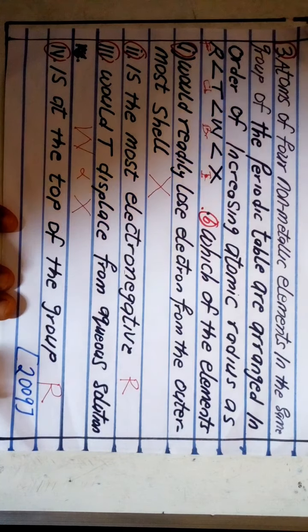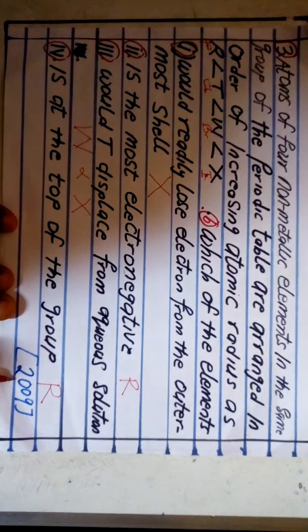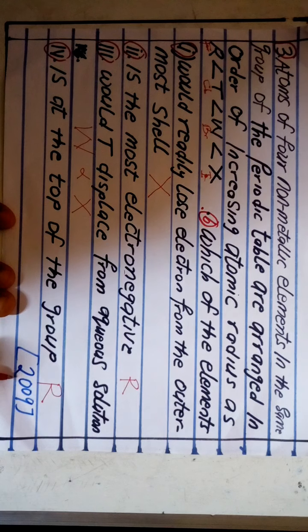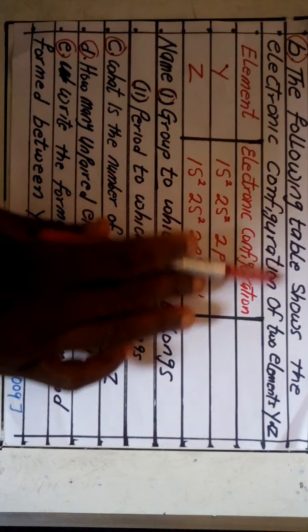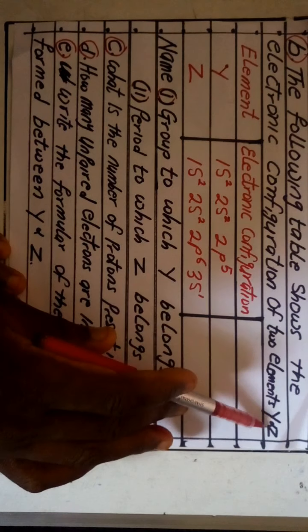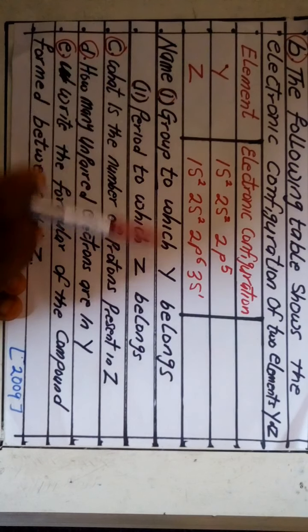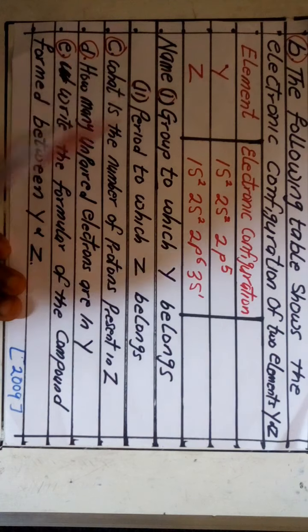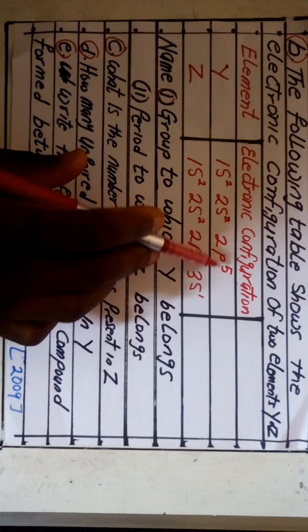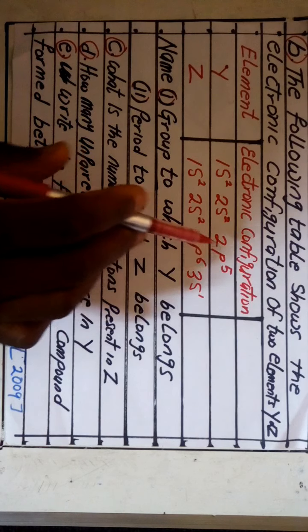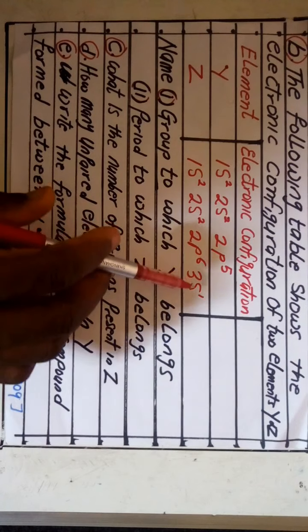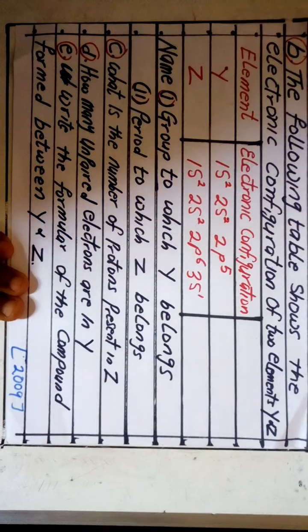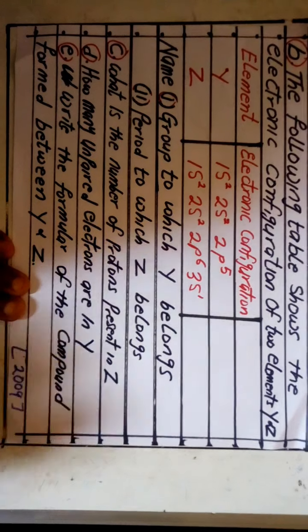Remember, this is a 2009 past question. The following table shows the electronic configuration of Y and Z. This is Y, this is Z. So Y is, let's say, 5, 6, 7, 8, 9. So you can see that Y, if you count it, has 9 electrons. That is fluorine. Then Z, 6, 7, 8, 9, 10, 11. So Z, 11, is sodium. So in your mind, Y is fluorine,